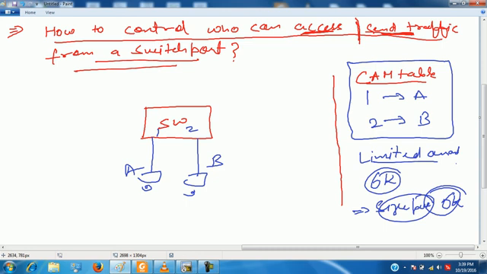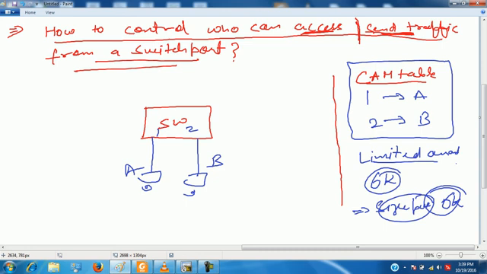Fine. And what I will be doing, I will be sending a dummy frame to the switch with those different MAC addresses. So let's say if my system is producing 10,000 MAC addresses in a minute, after 30 to 40 seconds, CAM table will be full.